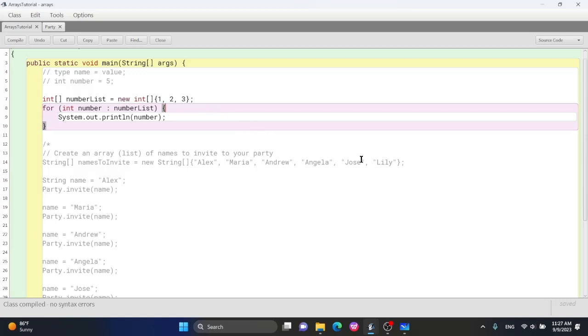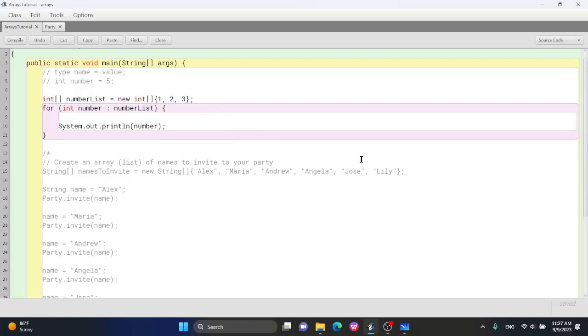Okay, so there are multiple ways that you can do this, right? So one way you could do this is, I know that number is going to be 1 or 2 or 3, right? In either way, I want to add 1 to that number, okay? So right here in this expression, this stands for either if number was 1, then we'd get 2. If number was 2, we'd get 3. If number was 3, we'd get 4, right? And now I want to store this somewhere, right? Because right now,